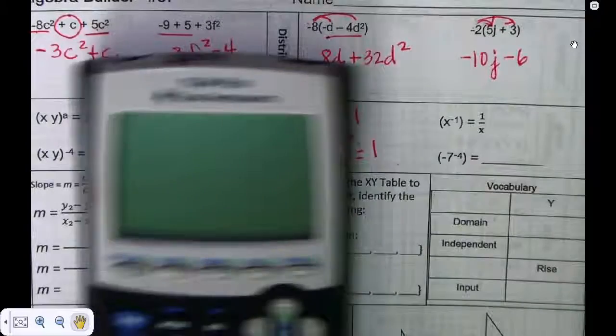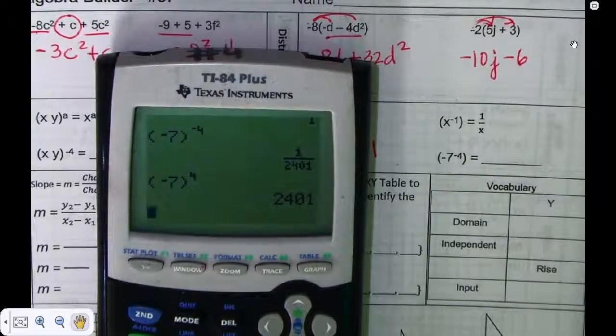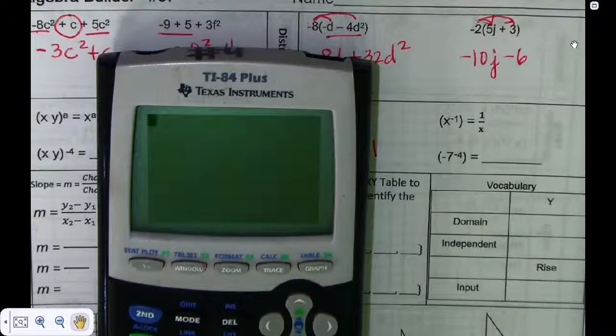What I need for you to do is we're going to go on your calculator, clear. We're going to write